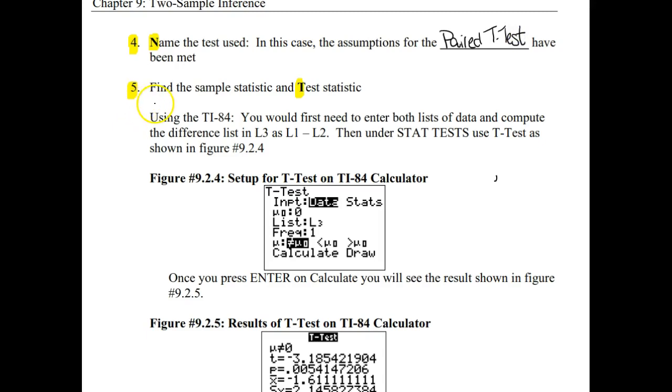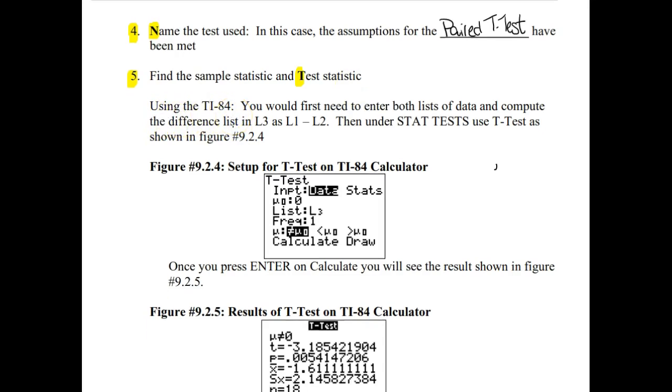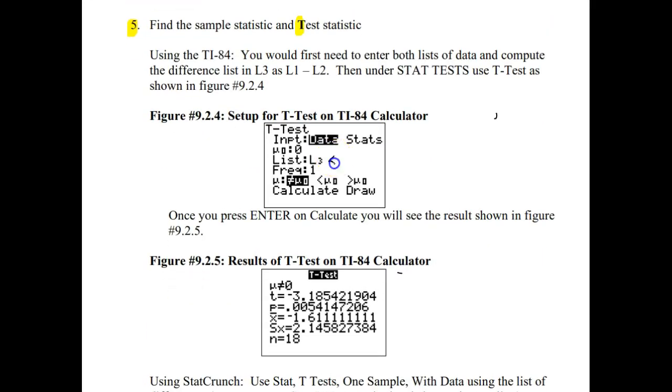So the fifth step is to find the test statistic, and we start that by finding just the statistics, and then again the standardized test statistic from there. Again, we can use technology to get those. So if we use the TI-84, again we would run this on list 3. Remember, this is where the differences are. So it's a t-test on this list of differences next to mu0.